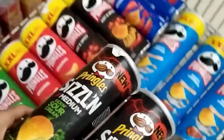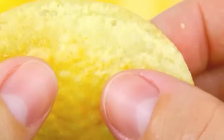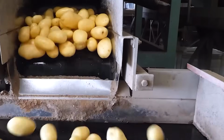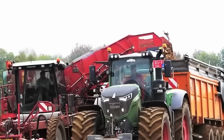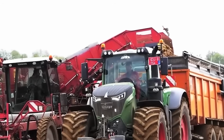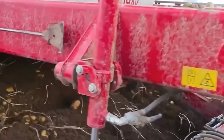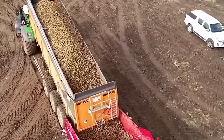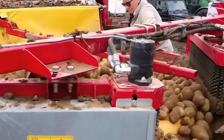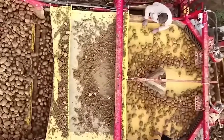The process of making Pringles in a factory involves several key stages, each meticulously designed to ensure the final product meets strict quality standards. It all begins with selecting the right raw ingredients, primarily potatoes, which serve as the foundation of the chips. However, not just any potatoes will do. Pringles require specific varieties with the right starch content to achieve the desired texture. High starch potatoes are preferred because they contribute to the crispness of the final chip and help bind the dough